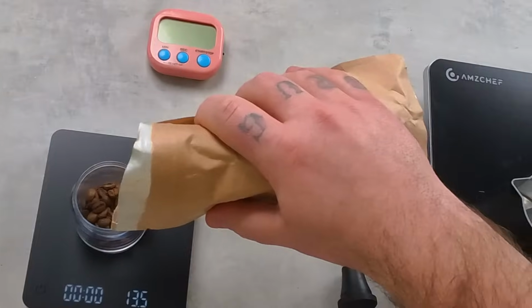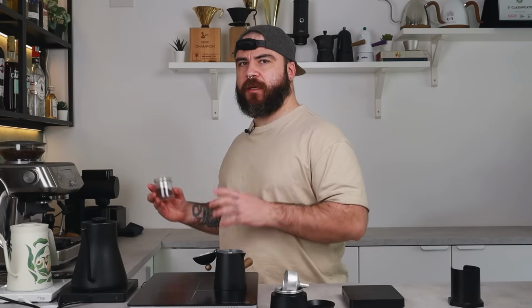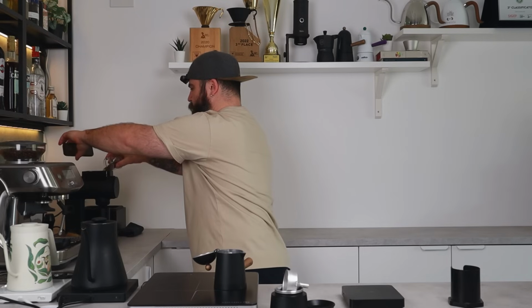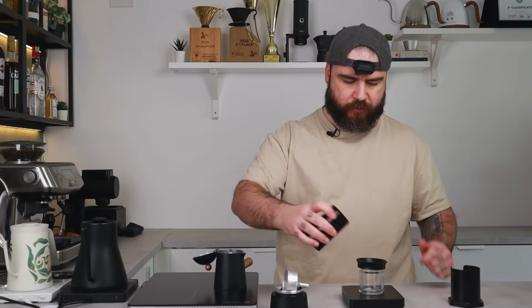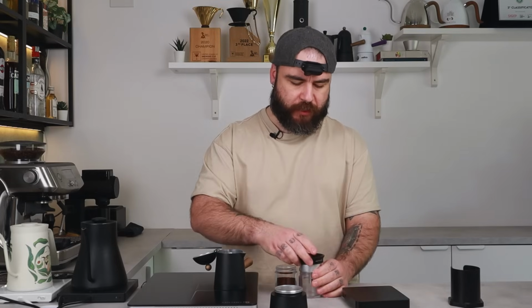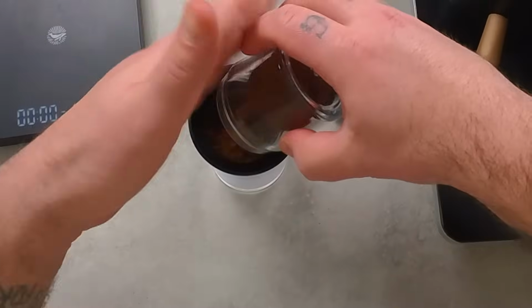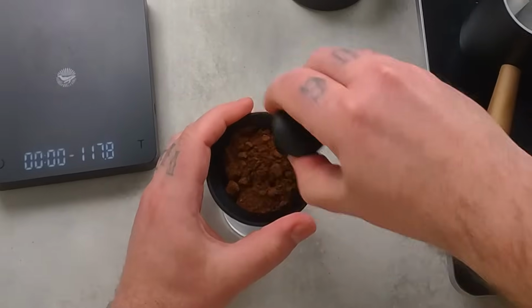18 grams, and I'm going to grind this coffee with the Sculptor 78S at 5. Let's double check the dose. All right, 18. Now let's place the coffee in the basket, and as always, I'm going to help myself with the dosing ring and the